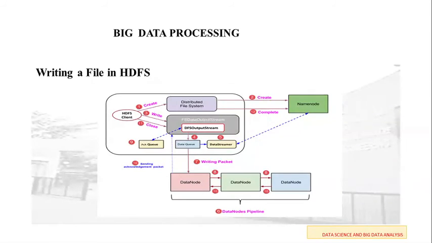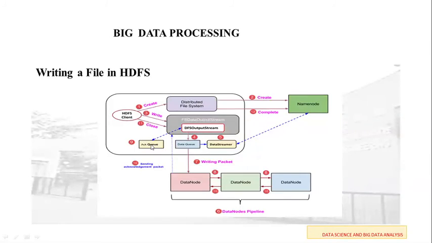Every data node in the pipeline stores the packet received by it and forwards the same to the second data node in the pipeline, because we are creating the replicas. 2 replica nodes we are creating. So here the same data that is transferred to this data queue will be copied or written onto the respective data nodes one by one. This work will be done under step number 8.